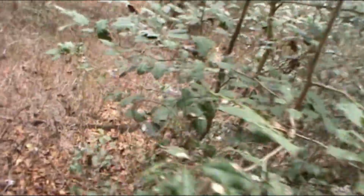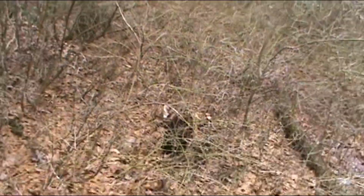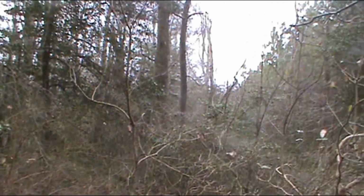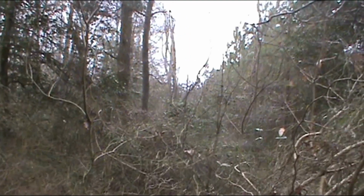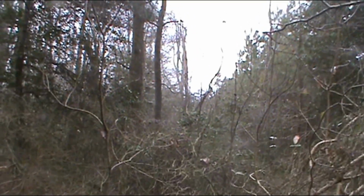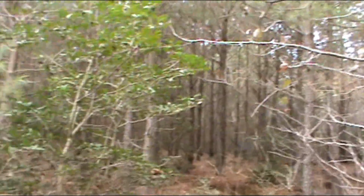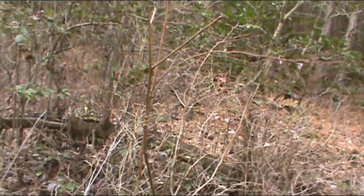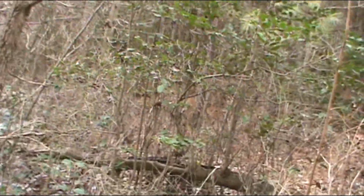There's a couple points and bowls I want to check out down here, and it's pretty thick along here. It's a lot of briars, so they're going to bed just inside here on this edge. So I'm going to head that way, look at a couple points in a bowl down this way and see what we find. I found some beds in here, so I wasn't real impressed, but one buck bed I found in there underneath, and